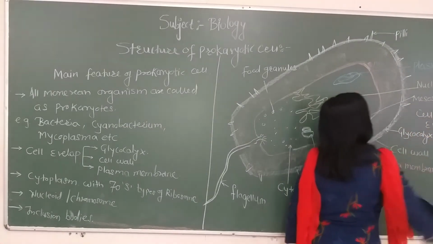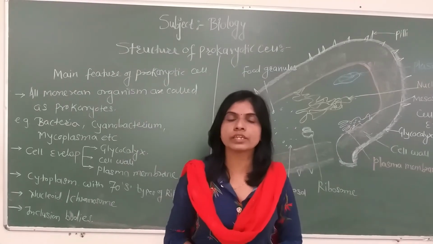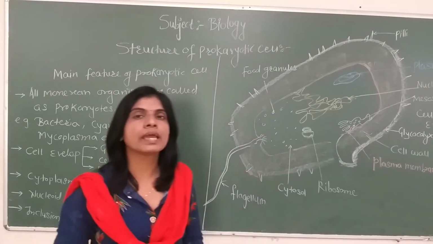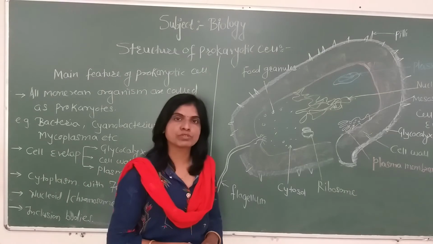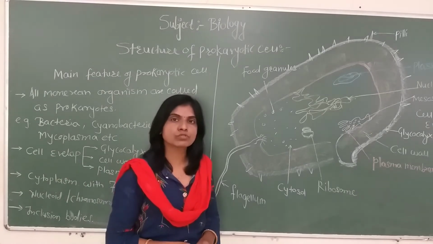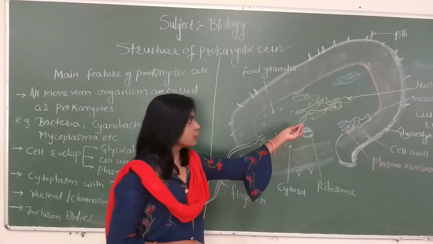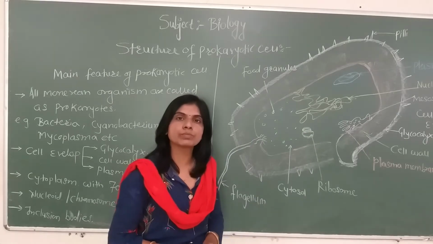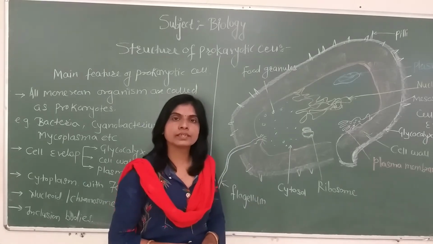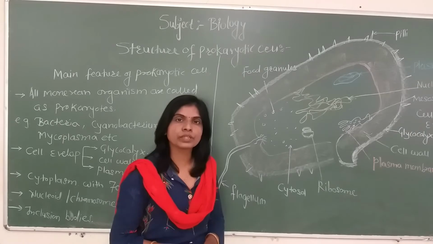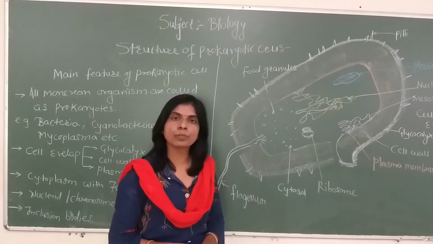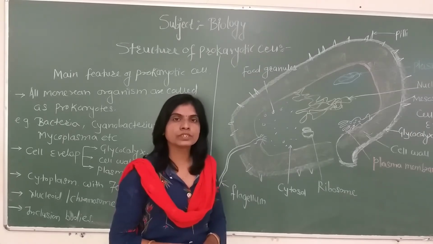So in prokaryotes, when the plasma membrane undergoes infolding and has some enzymes, they are called mesosomes. What is the role of these mesosomes, or these inner tubular or lamellar infoldings of the plasma membrane? They have enzymes concerned with oxidation of the nutrient and obtaining the energy. Those functions in eukaryotes are performed by mitochondria.